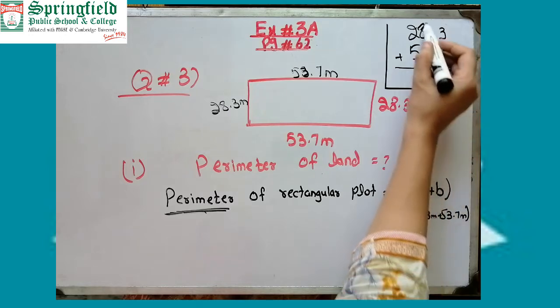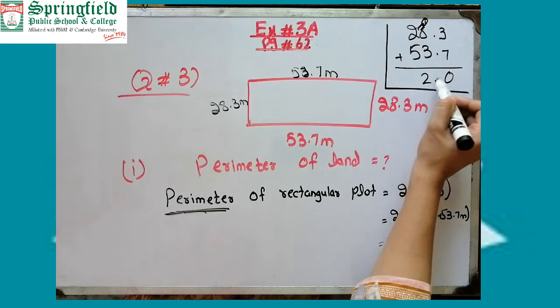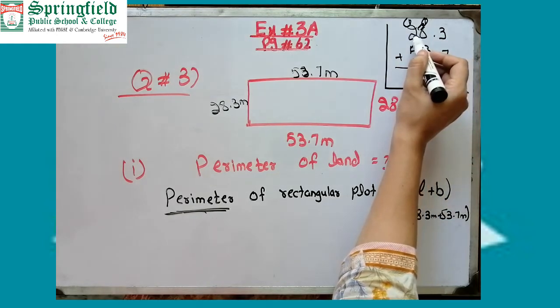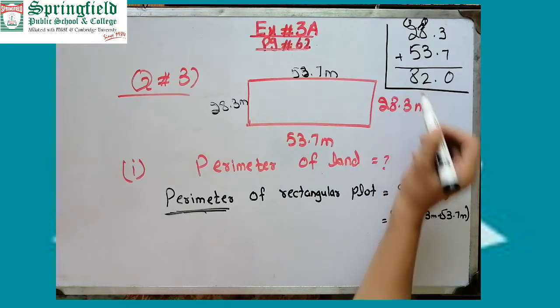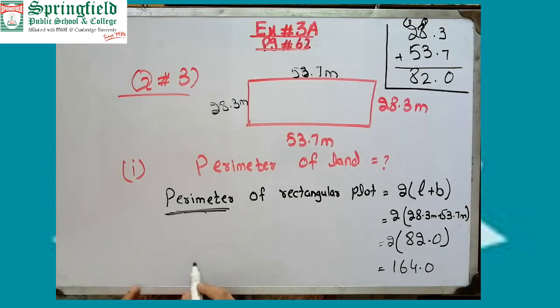7 plus 3, 10. 8 plus 1, 9. 10, 11, 12. 5 plus 2, 7 and 8. 82.0. And then multiply these two numbers. 82.0 means 82. So multiply with 2. 2 2s are 4. 2 8s are 16. 164.0. When 2 is multiplied with 0, the answer will be 0. As we know that any number multiplied with 0, the answer will be 0. 164. This is the perimeter